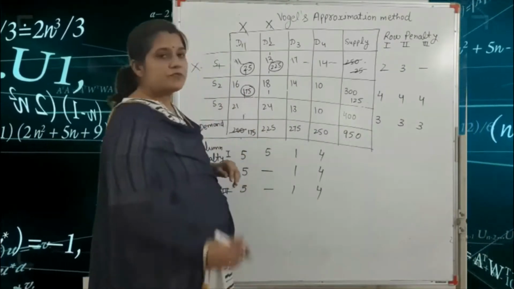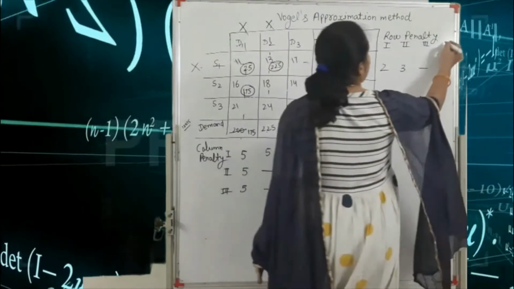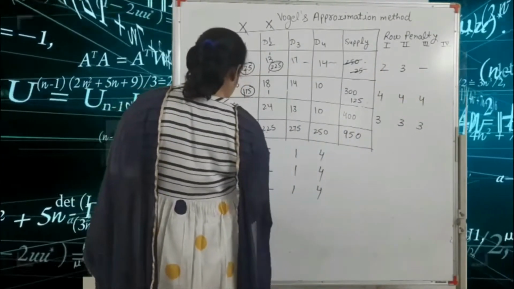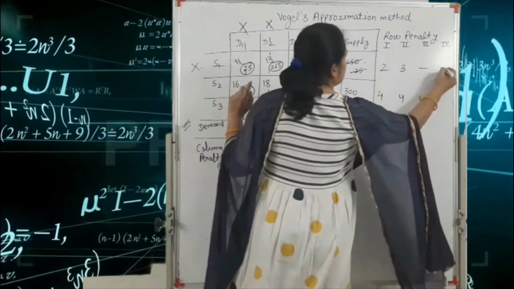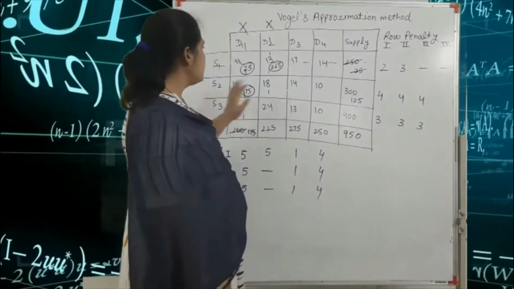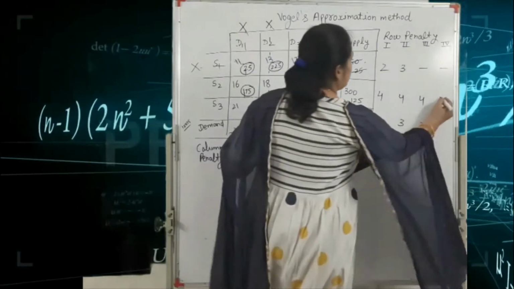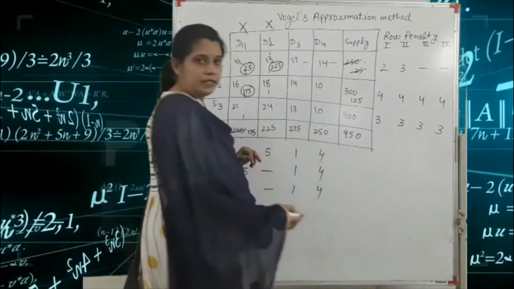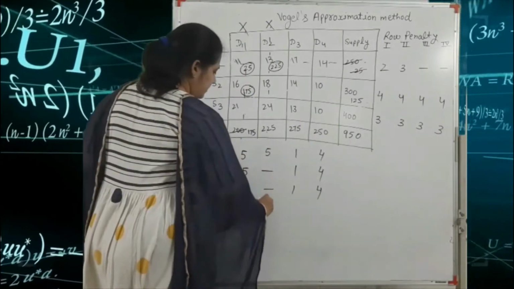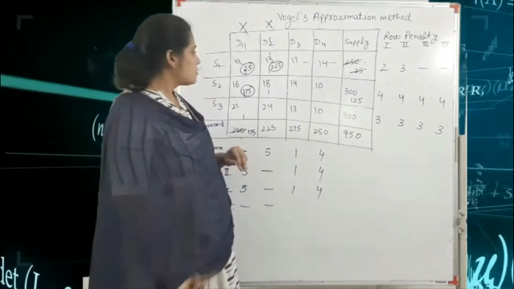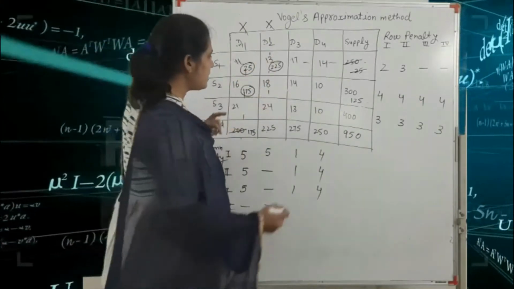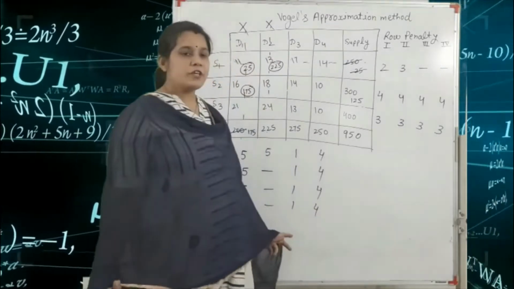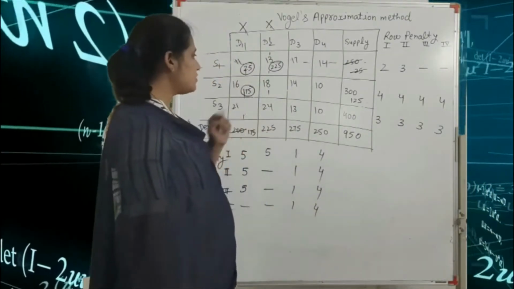Okay. So next we find the fourth row penalty and the column penalty. So here the first row is cancelled. Second, 14 minus 10, that means 4. 13 minus 10, that means 3. Here the first column is cancelled and the second column is cancelled. Okay, so we write here again 14 minus 13, 1 and 10 minus 14, 4. Got it? So here the largest value is 4.